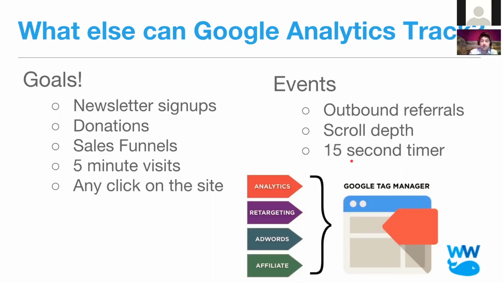The 15-second timer is another good one. You can put it on certain pages and sort of listen for whether a user spent a certain amount of time on the site, which will take care of bounce rates, to tell if they spent 15 seconds or 0 seconds on the site.